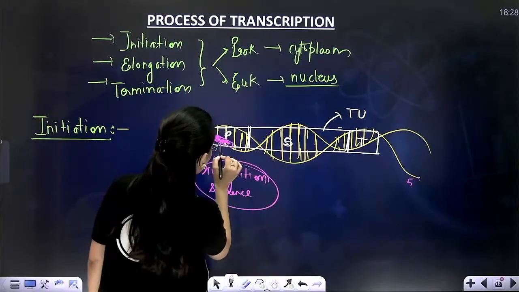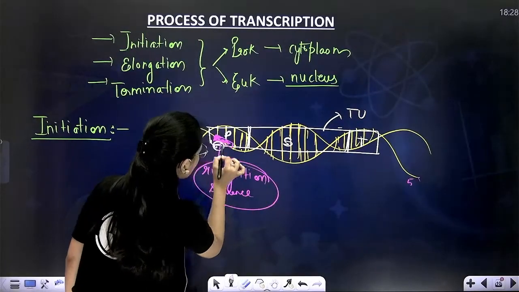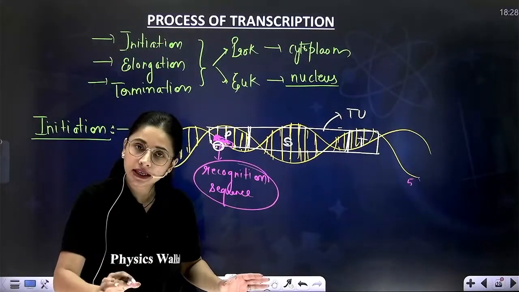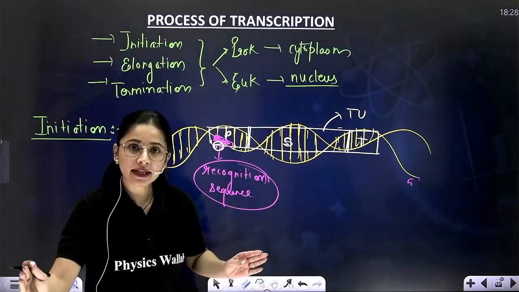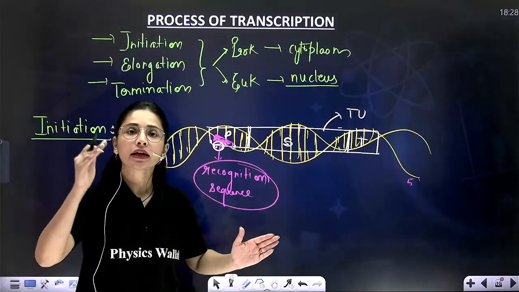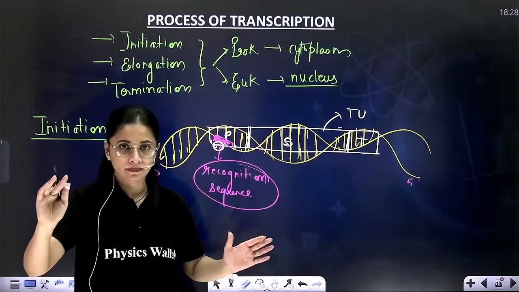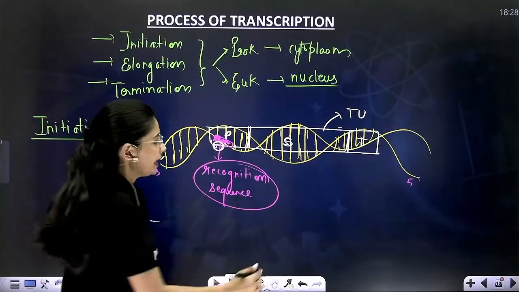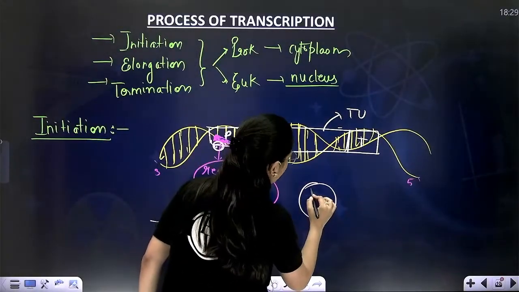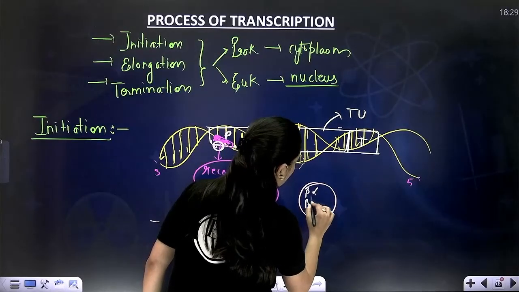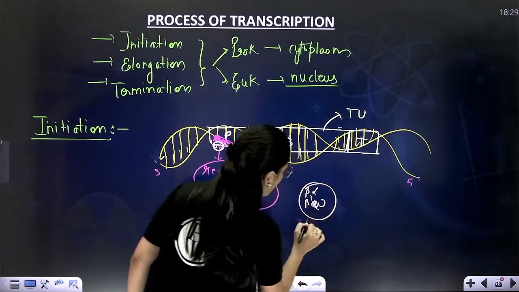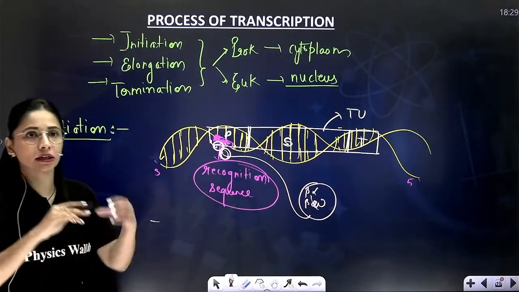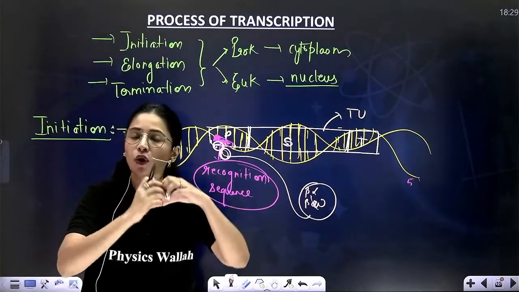So initiation means correct binding of sigma factor in the promoter region. As soon as sigma factor binds to the correct sequence, it calls the core enzyme that okay, now I have done my job. So now the core enzyme will come and bind with the sigma factor